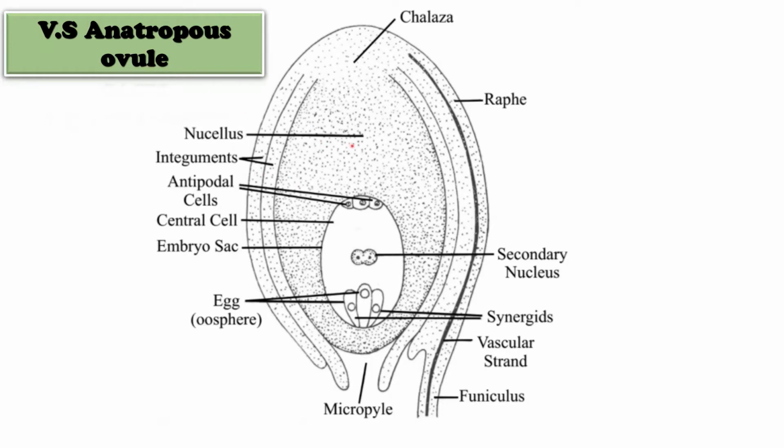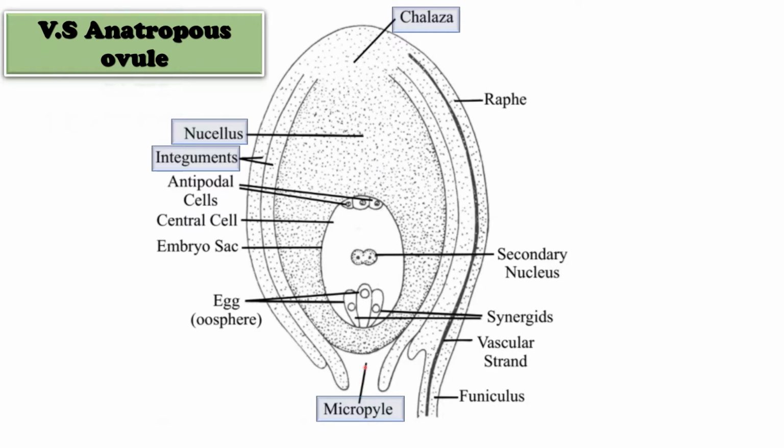The central part of the ovule is called the nucellus, which is made up of diploid parenchymatous tissue. It is covered by integument, which has an outer integument and an inner integument. The point from where the integument starts is called the chalaza. Now these integuments leave a small opening around the ovule. It is called the micropyle.